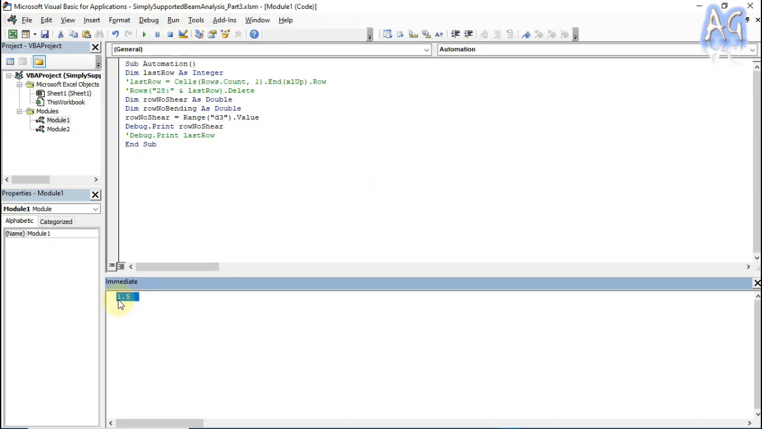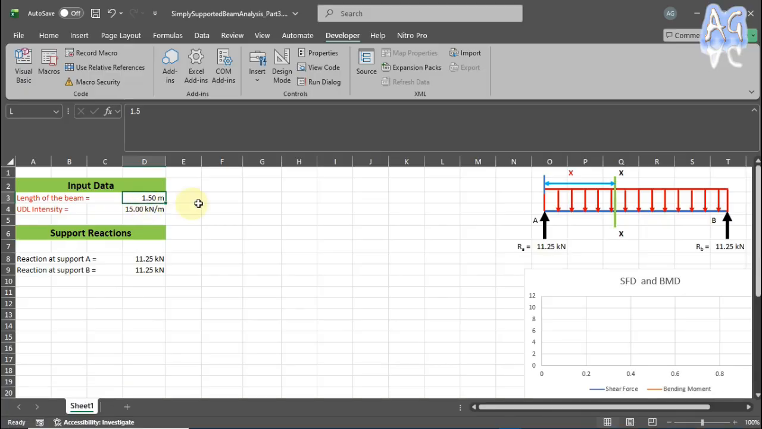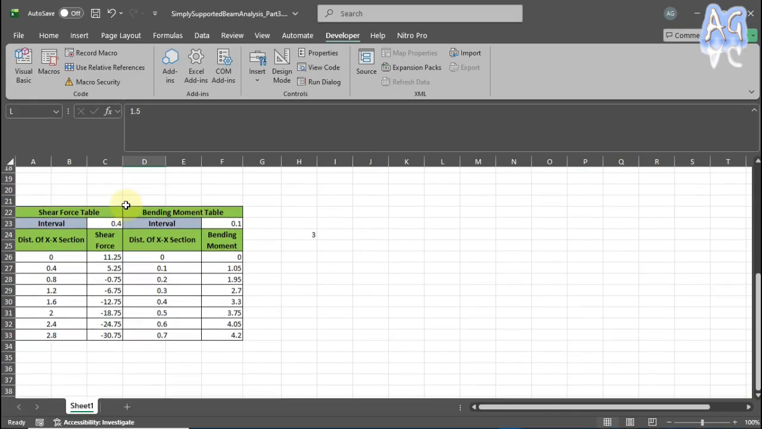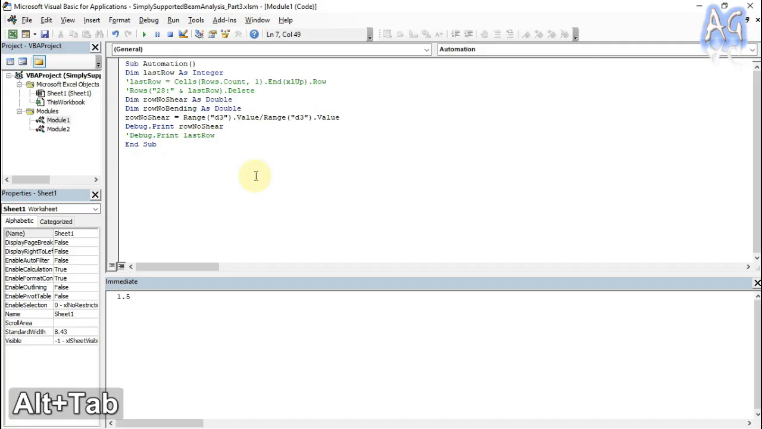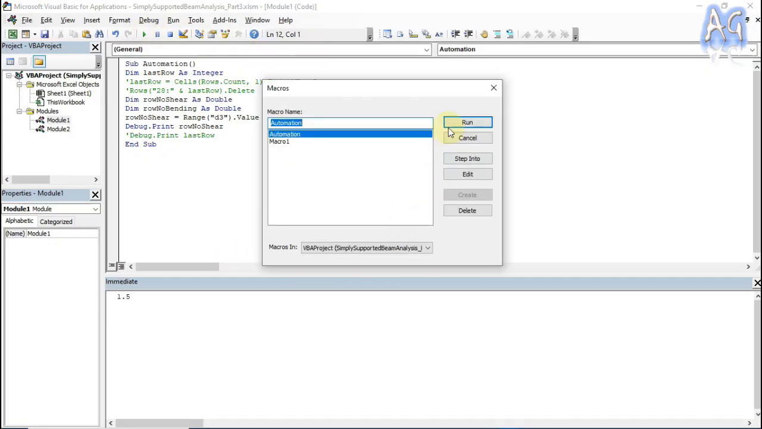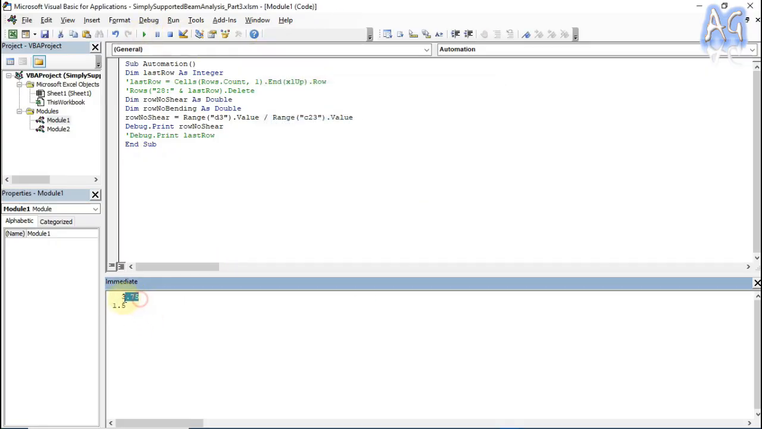Here we are getting 1.5, so we are getting this cell value. And now we want to divide this value with the interval value. So just copy this and paste this and change the cell, and the interval value is given in C23. So just write here C23, and now I will check whether it's giving the correct value or not. Now we are getting 3.75, so it's giving the correct value, but we want to round this,